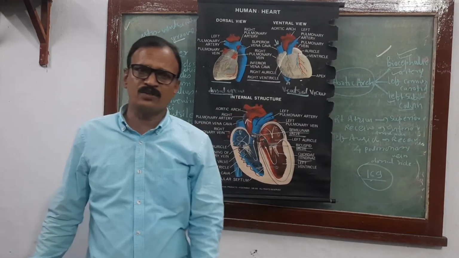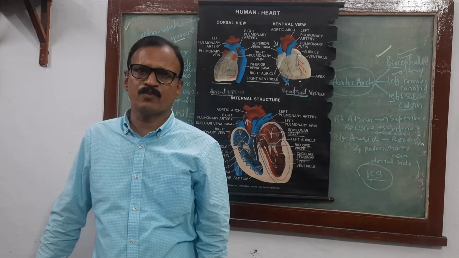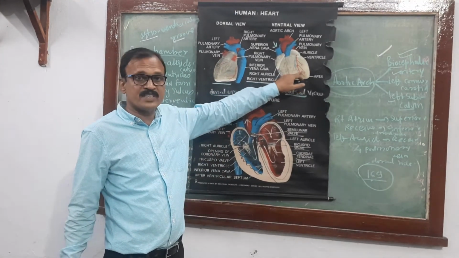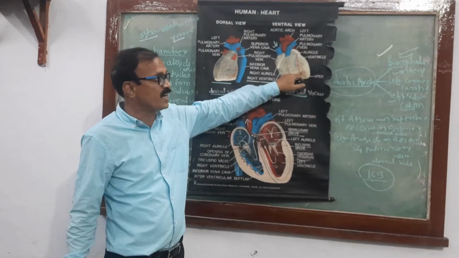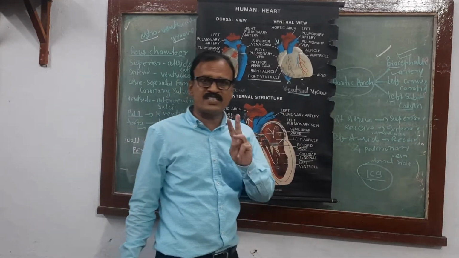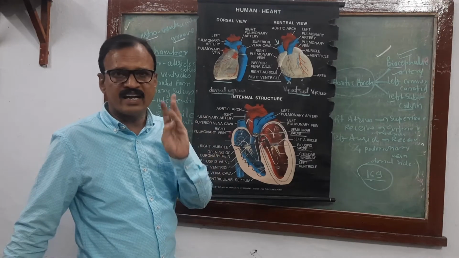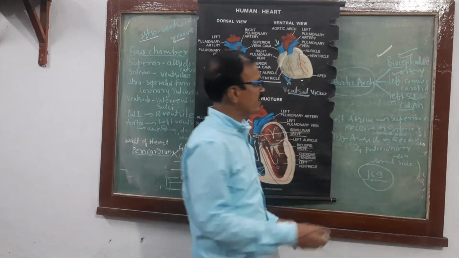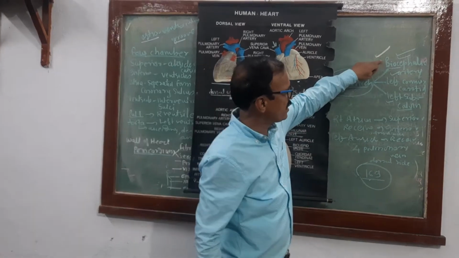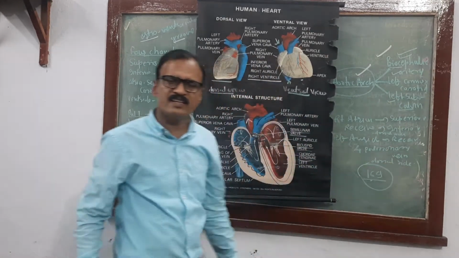The pulmonary trunk is divided into two branches, left and right, that supply blood to the lungs for purification. From the left ventricle, as I told you earlier, arises the major artery called the systemic arch, aortic arch, or aorta, which can be divided into three segments: descending aorta, aortic arch, and ascending aorta. The aortic arch is divided into three branches: brachiocephalic artery, left common carotid, left subclavian artery.